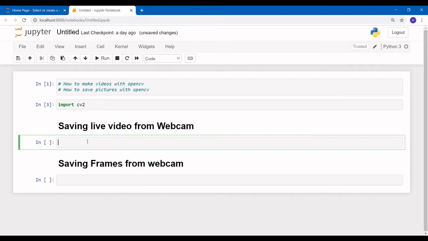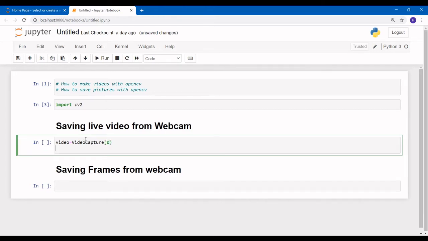We have to make an object of our video capture. I'm giving a 0 because I'm going to use my inbuilt camera. For that, we have to define a variable for fourcc. Now we are going to use a new class, which is known as cv2 dot, it should also be cv2 dot